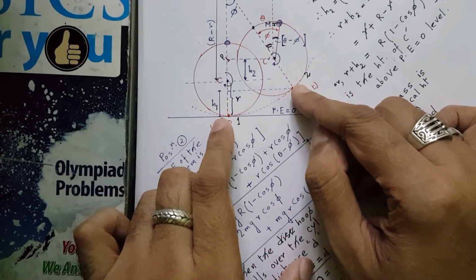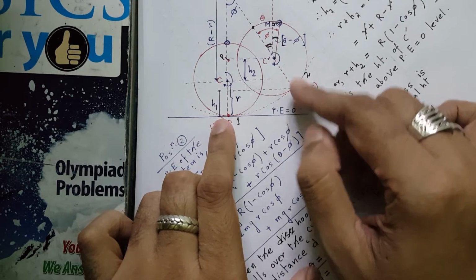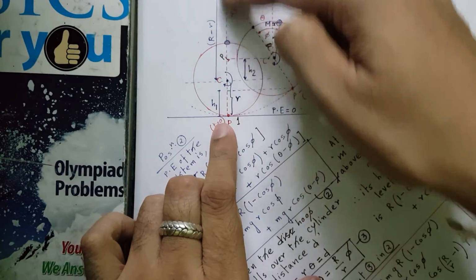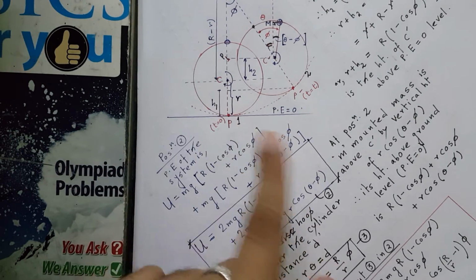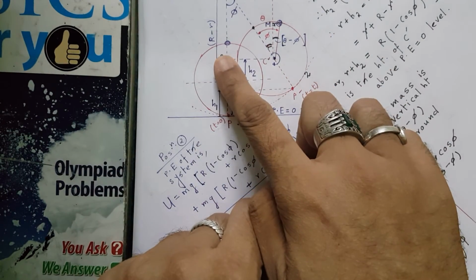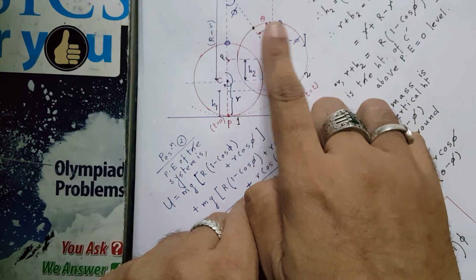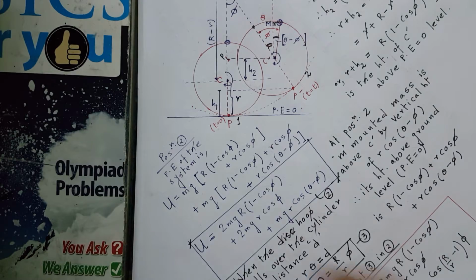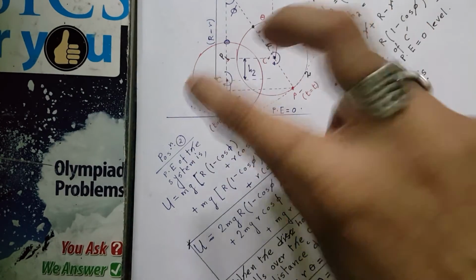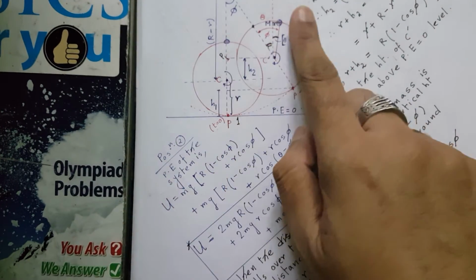So it has covered the arc length. How much arc length has it covered? It has covered arc length R phi. Similarly, in that time, this mounted mass will cover an arc length of small theta. Because of the pure rolling motion, the mounted mass will cover small theta.